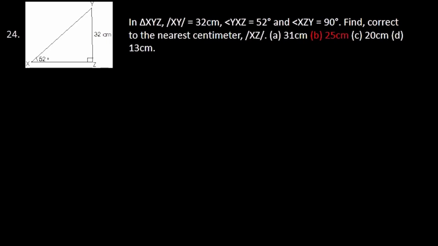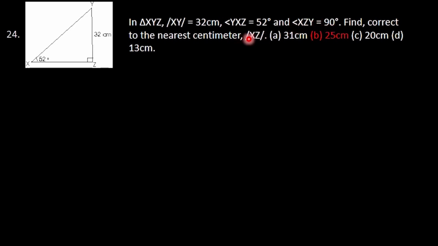Question 24. In triangle XYZ, line XY is equals to 32 centimeter. Angle YXZ is equals to 52 degree, and angle XZY is equals to 90 degree. Find, correct to the nearest centimeter,